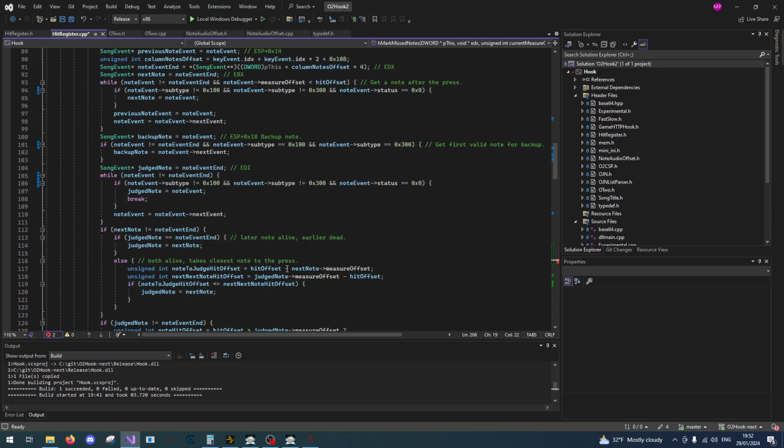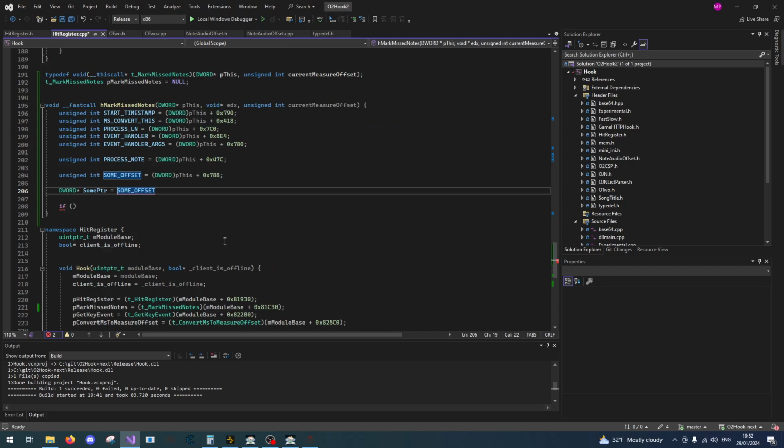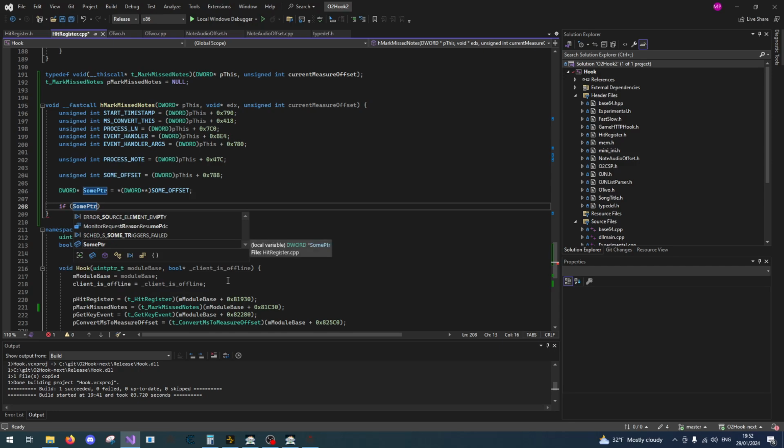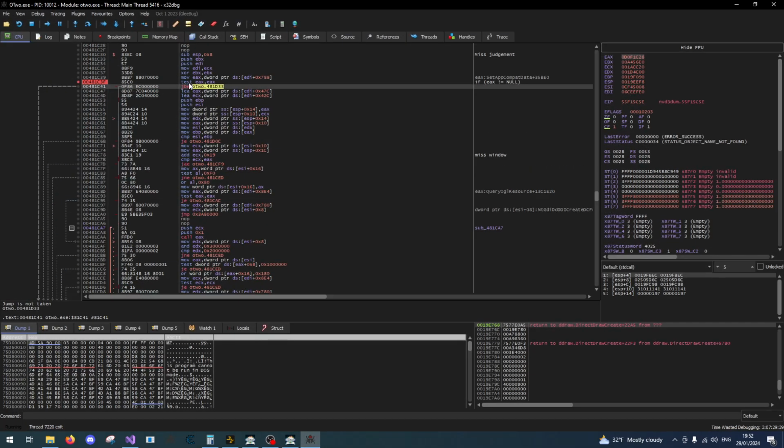Yeah, cast it to the desired type and just dereference it. Actually, I don't need those. It's going to be the word pointer, or maybe even a pointer, because I suspect that's probably some sort of pointer, and we dereference it. So now we have some pointer, and if below or equal,